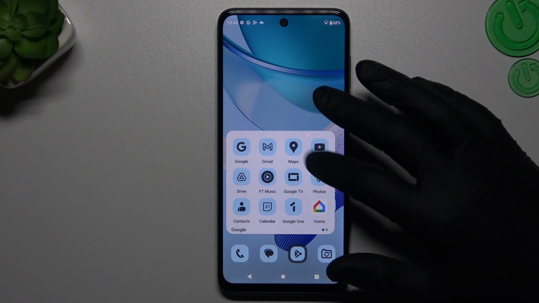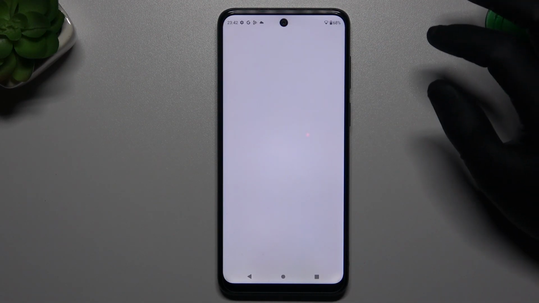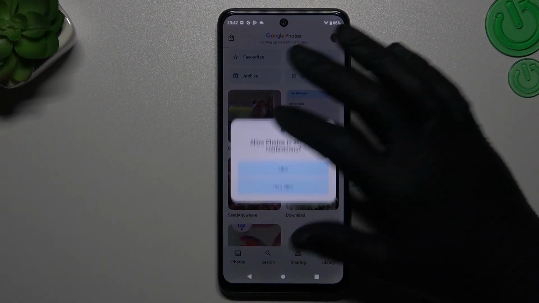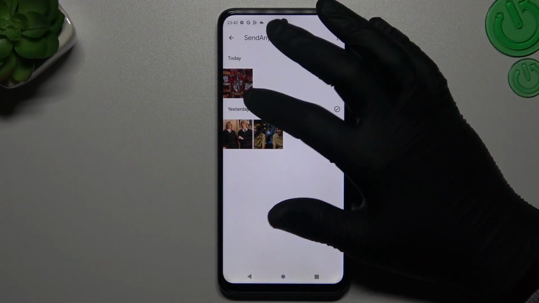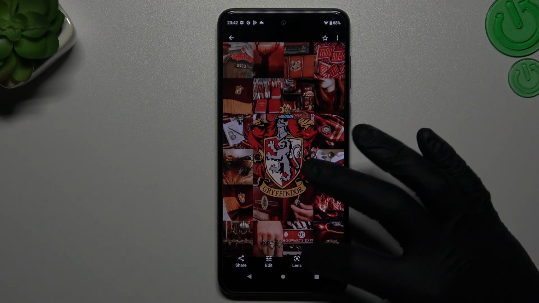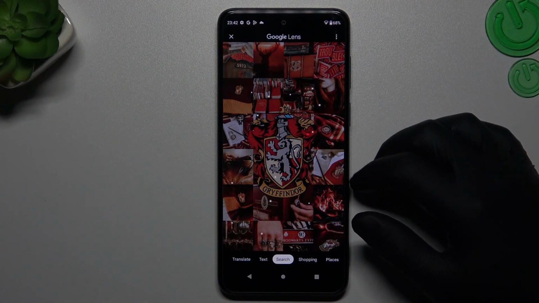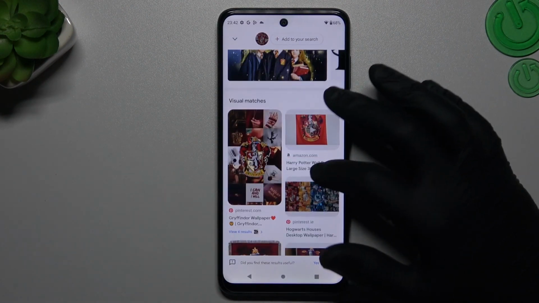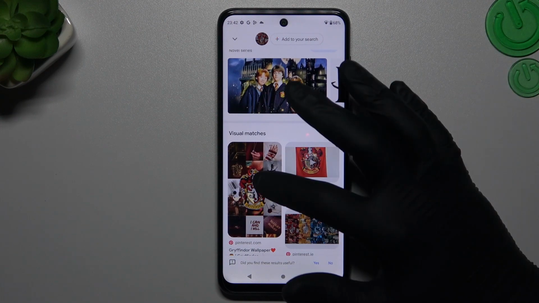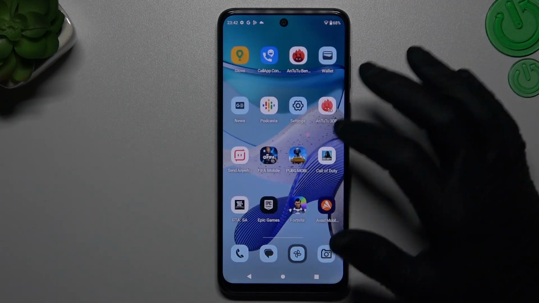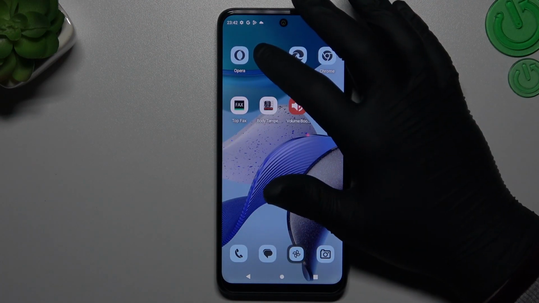So we have to start by opening Google Photos. And now look for the photo that you want to search in Google, like this one. And if you want to search Google for that, just click Google Lens. And now this picture is looking automatically for the similar or the same image, like this one. That was the first method. Now the second one, you have to open the web browser